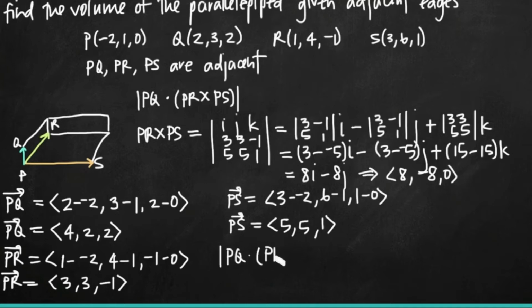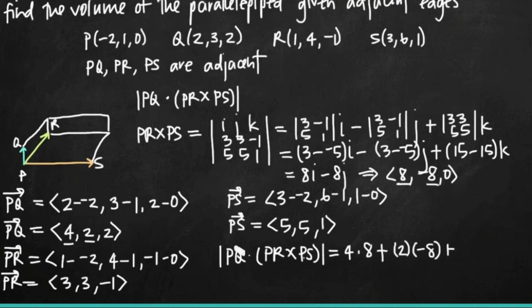That's along the J direction or X direction. Then minus, still here we get the determinant of this 2 by 2 matrix, which will be 3 times 1 minus 5 times negative 1, which is negative 5J, plus 3 times 5, which is 15, minus 5 times 3, which is also 15K. So 3 minus negative 5 gives us 8, minus 8 is 3 minus negative 5 also. Then the last one is 0. So it means PR cross PS is a vector with components 8, negative 8, and 0.